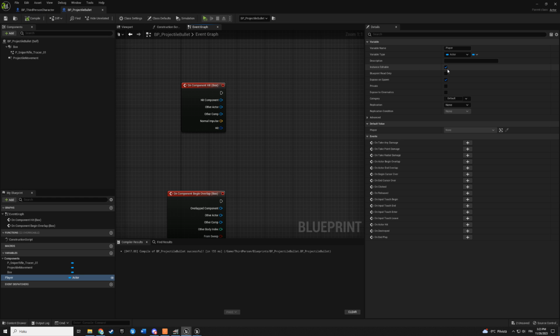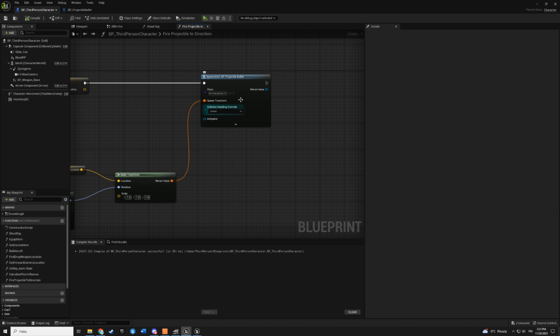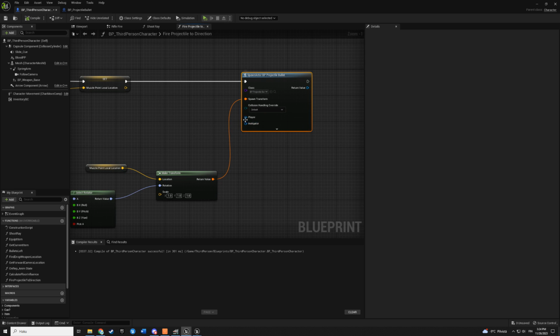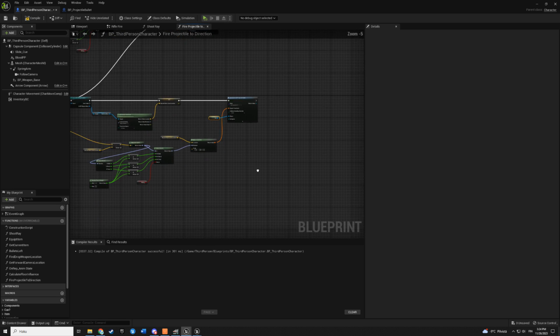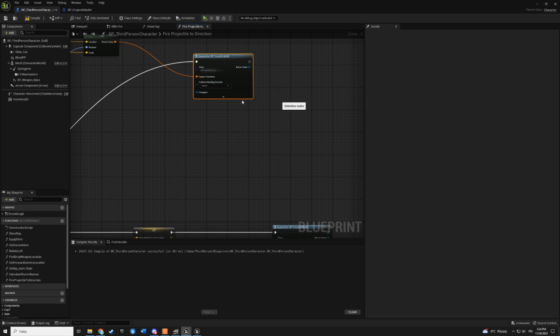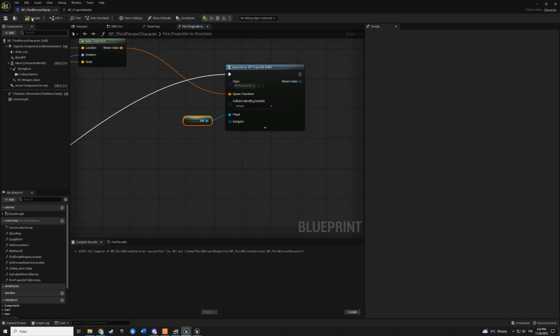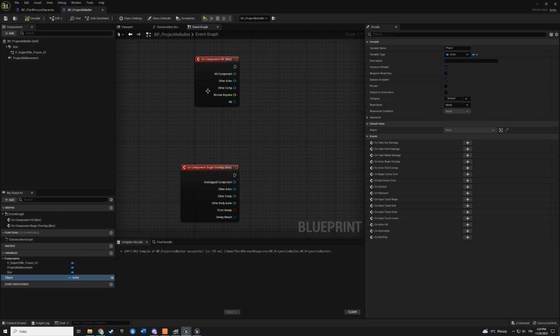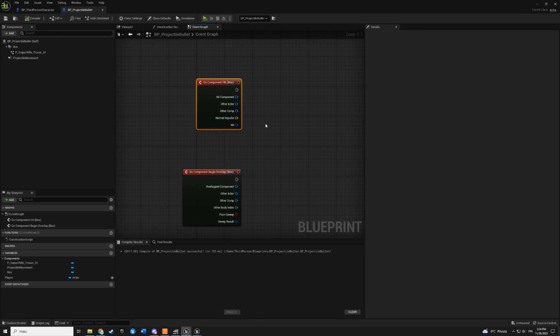So because we made it instance editable and expose on spawn, we can actually modify it here. So you can refresh, you see player. And let's take reference to us, so self. And also let's do that same here. Refresh and self. Always compile and save many times because Unreal sometimes crashes and we don't want that.